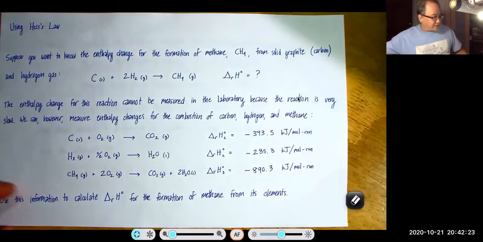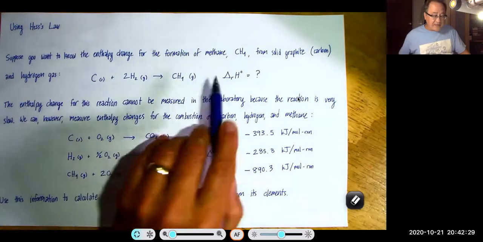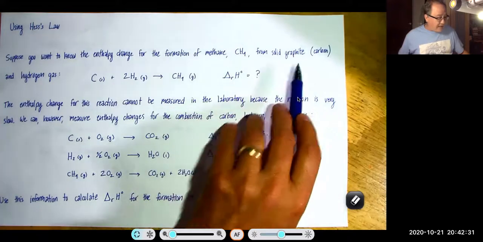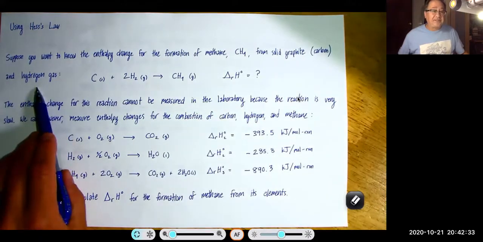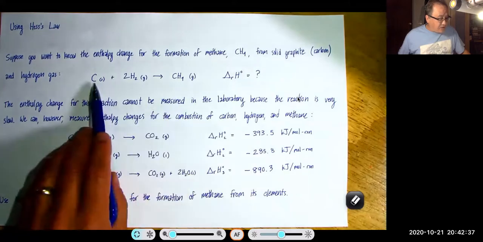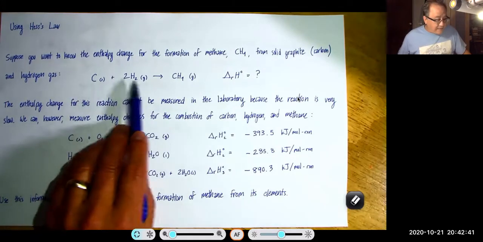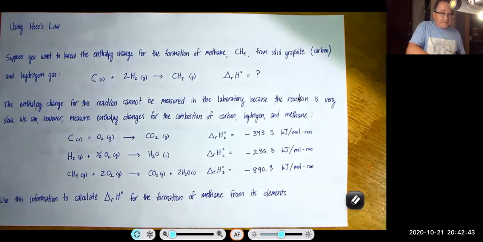So let's take a look at this problem here using Hess's law. Suppose you want to know the enthalpy change for the formation of methane, CH4, from solid graphite and hydrogen gas. So we want to know, what is the enthalpy change for this reaction when you combine carbon plus two hydrogens to make methane? Now, the enthalpy change for this reaction cannot be measured in a laboratory because the reaction is